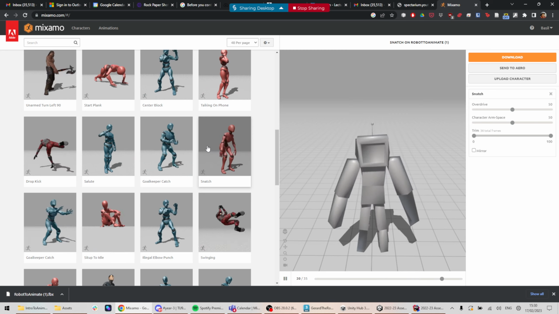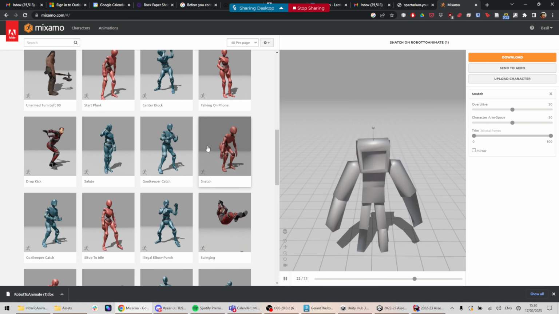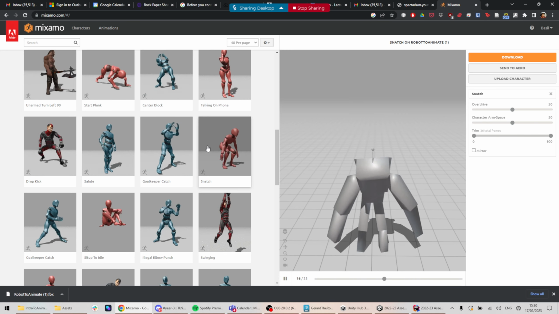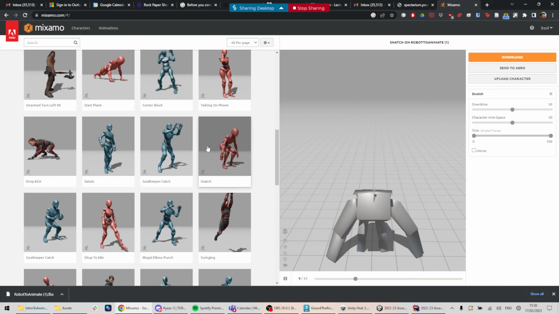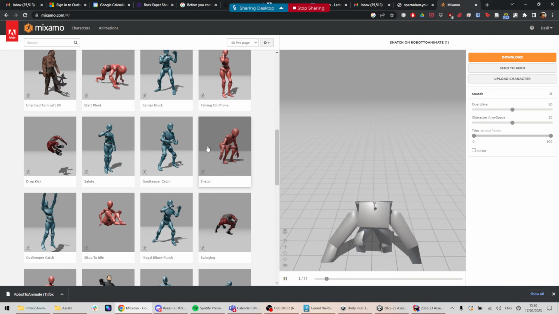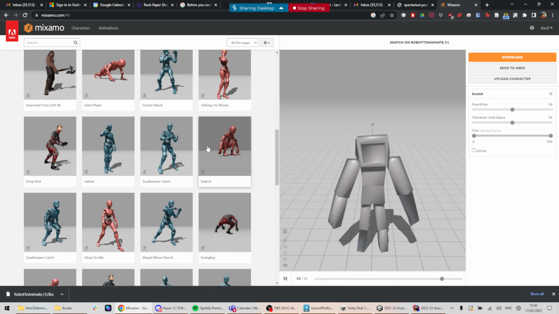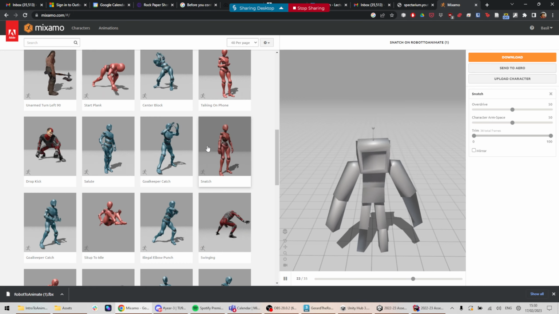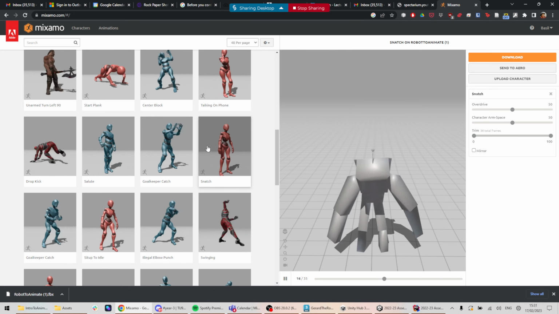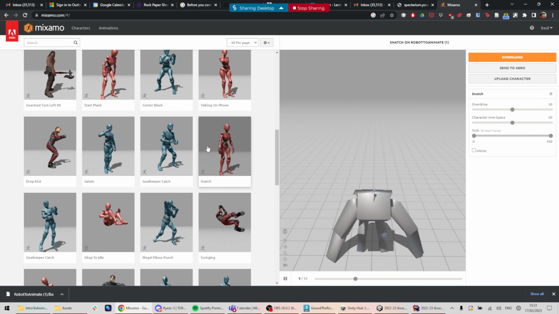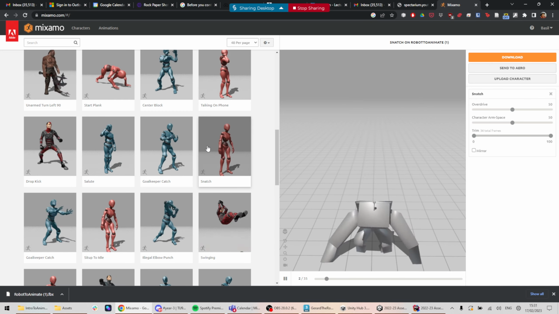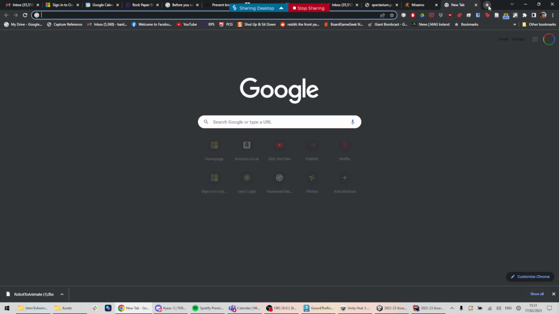So it's great for prototyping. You guys should definitely be using this for prototyping. You might not get exactly the animation you want, but if you're just testing stuff out and making sure it works, this is great. You can use it for a final as well, but usually when you go to final, you need to tweak it, especially if you want stylized stuff. So I would suggest watching